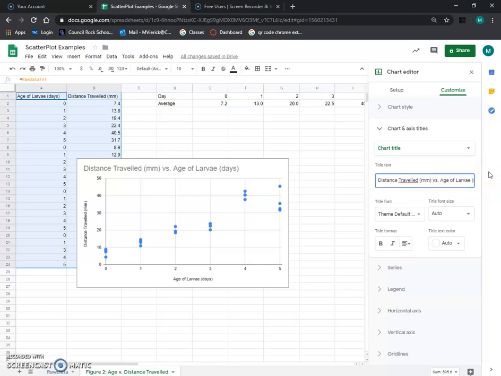I do want to make sure that I add a figure number. And again, we don't want to say something like, oh, the figure on the left or the figure on the right, only because that becomes pretty vague for your user or your viewer or the person who's reading your post or whatever the case is. So by putting a figure 2 in, it makes it much more objective. So in your research paper or in a poster, you can say, as shown in figure 2, we can take care of that. The other thing that I don't really like from this is I don't like scatter plots to use the word versus. I personally just think it sounds better if I'm more descriptive. So I'm going to go ahead and change that to distance traveled